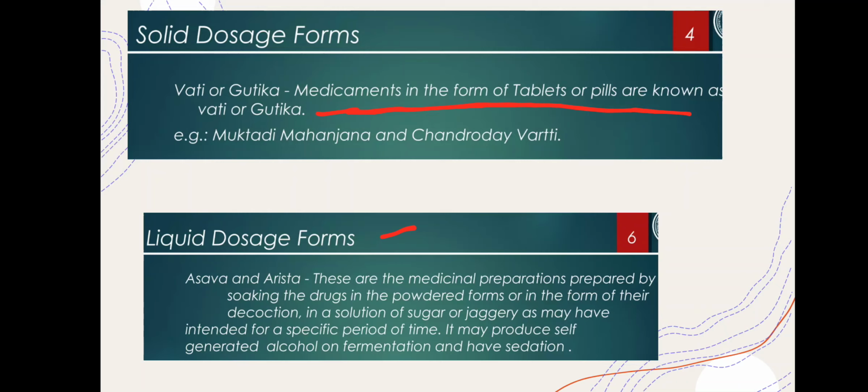Decoction, do you observe the decoction? Decoction means, see, I will give a beautiful example here. You know the process of tea making, how the tea gets prepared. Before adding milk to that tea, the decoction is there. That is the black color tea, what we are calling. Means these are the liquid dosage forms.